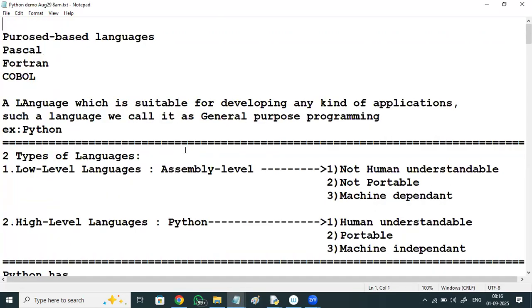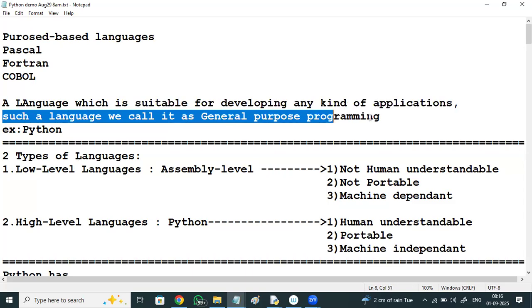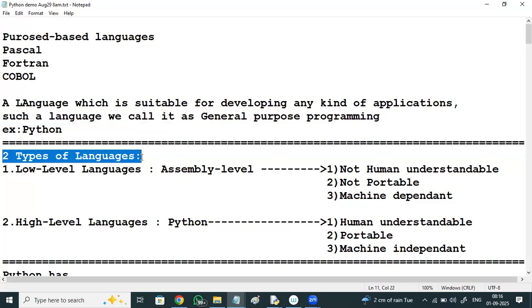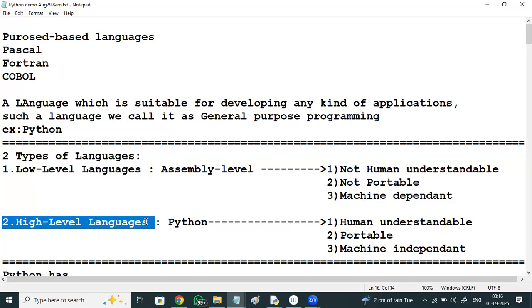A language which is suitable for developing any kind of applications, such a language we call general purpose programming. There are two types of languages, low level languages and high level languages.